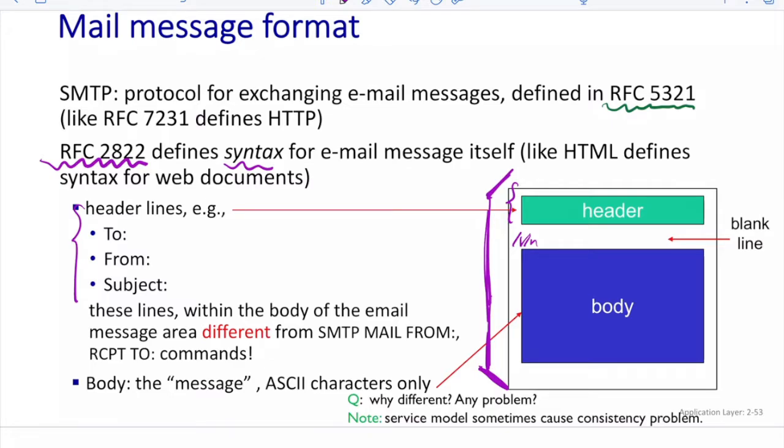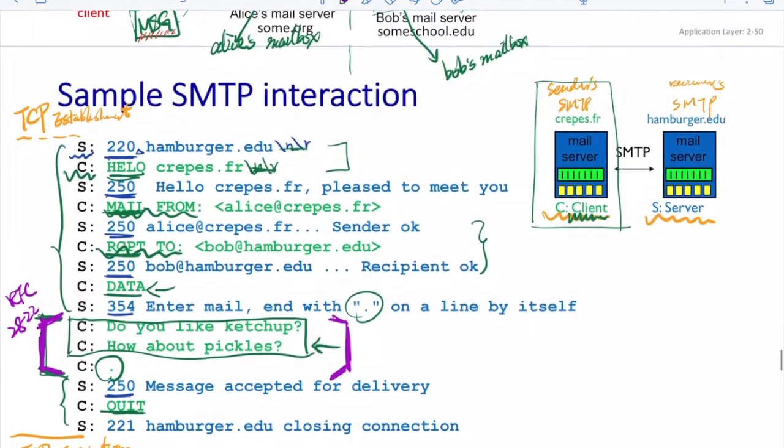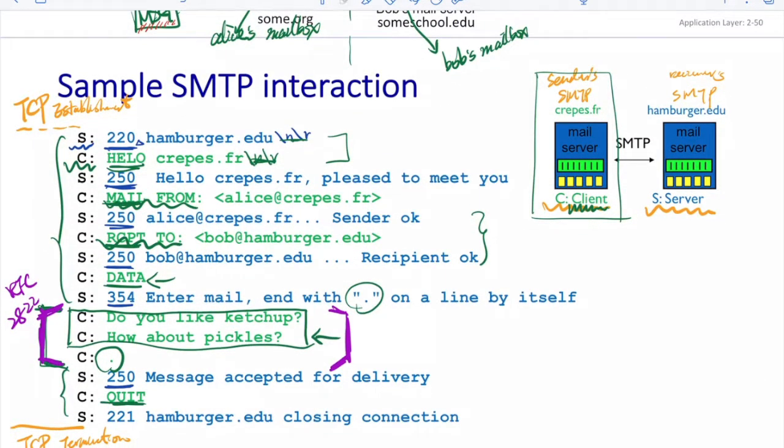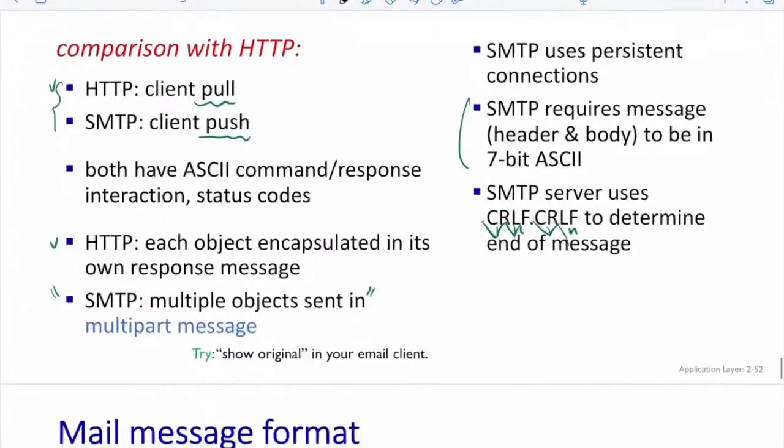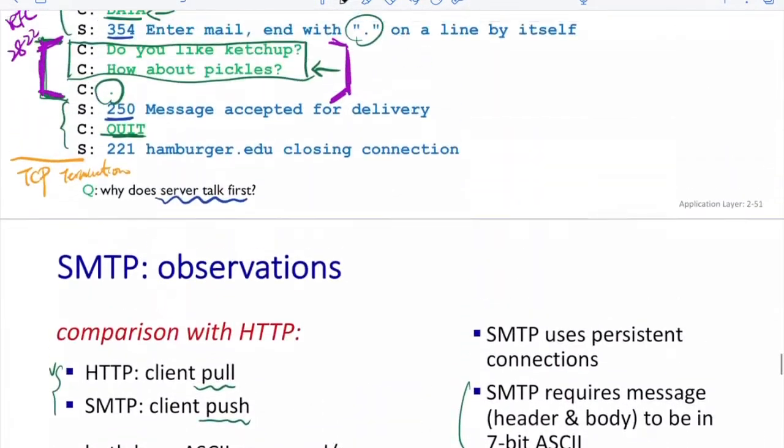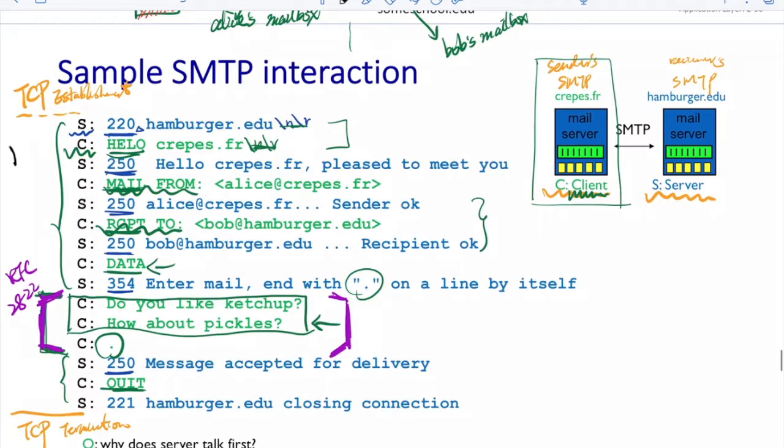A very important thing is that the To header in RFC 2822 is different from